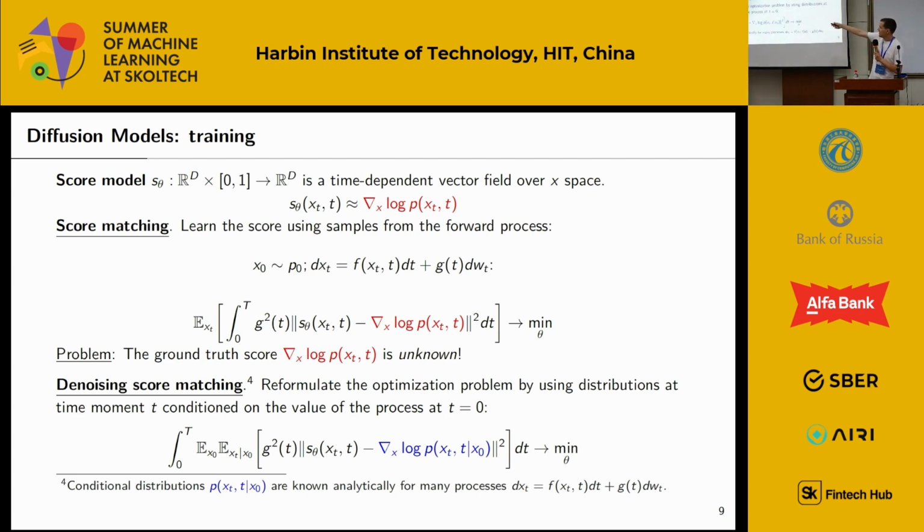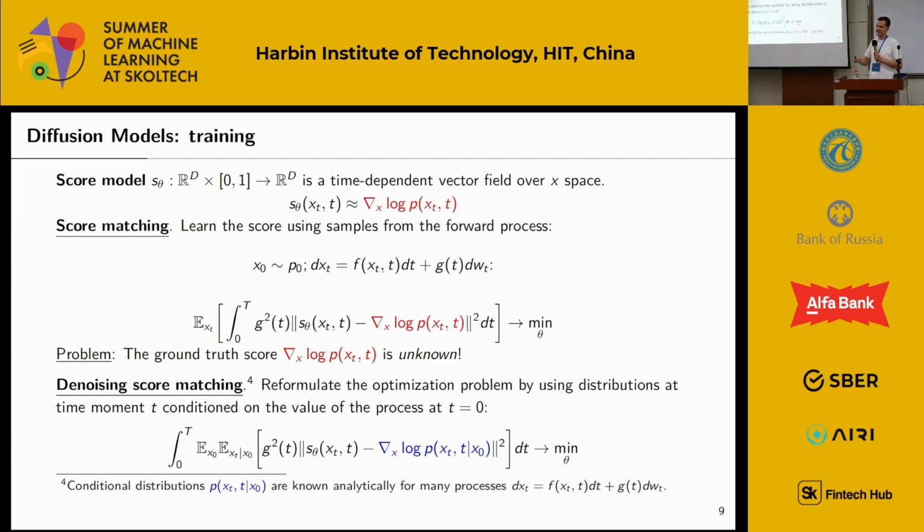A naive idea to do score matching is just to do some regression on the true score. Theoretically, this should be done the same way as in flow matching, so we can solve this regression problem to exactly recover this score function. But the problem is that the true score function is unknown, because if we knew this, why would we need to learn it? So this is why there are some techniques which are called denoising score matching,